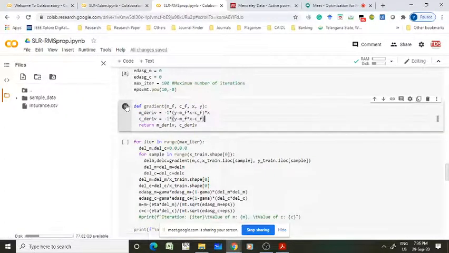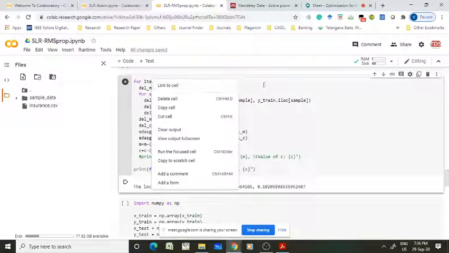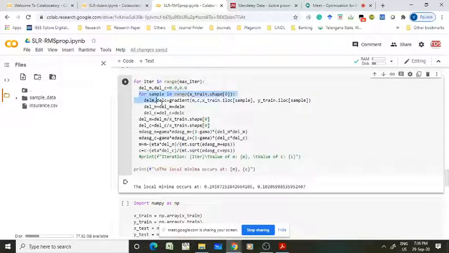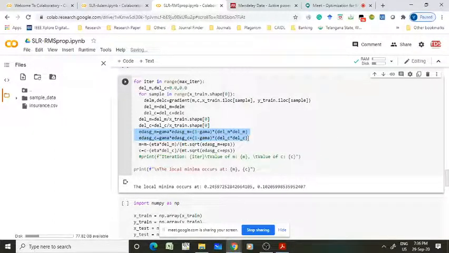Now it is a gradient function, and now it is an iterative algorithm, right? So the iteration started here, and from here to here I am calculating the gradient by considering all the samples in the training set as a single batch. And here I am calculating the exponential decaying average of squared gradient with respect to the model parameter m and model parameter c, and later here I am updating the model parameters m and c. That's it. Right? Here I am taking all the samples as a batch, but it is not a right choice.